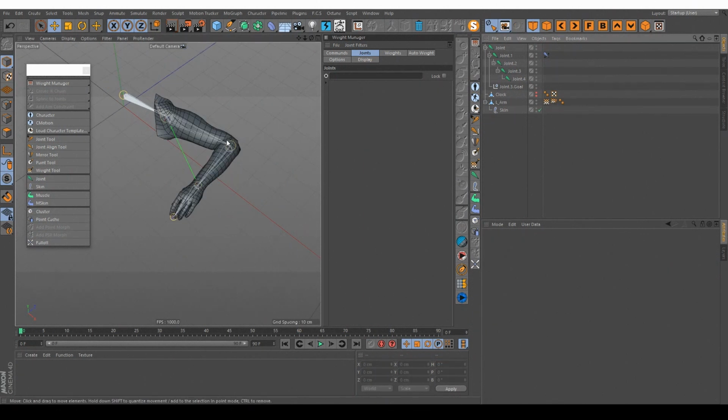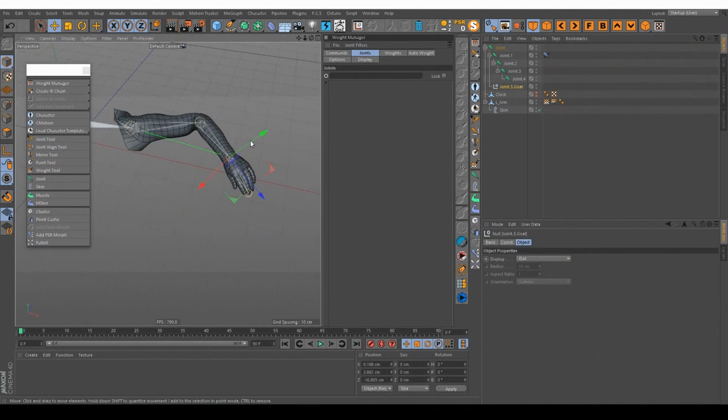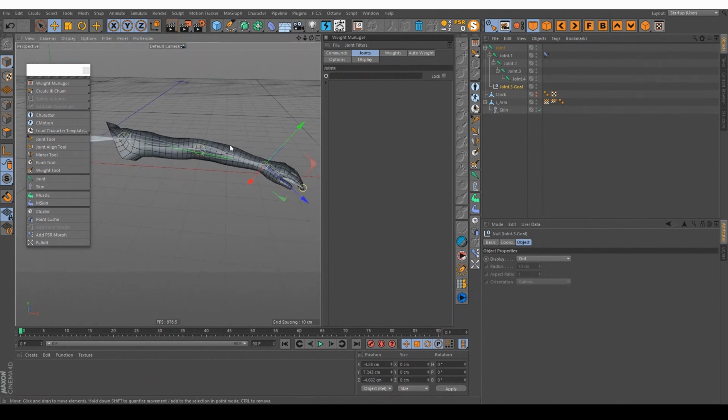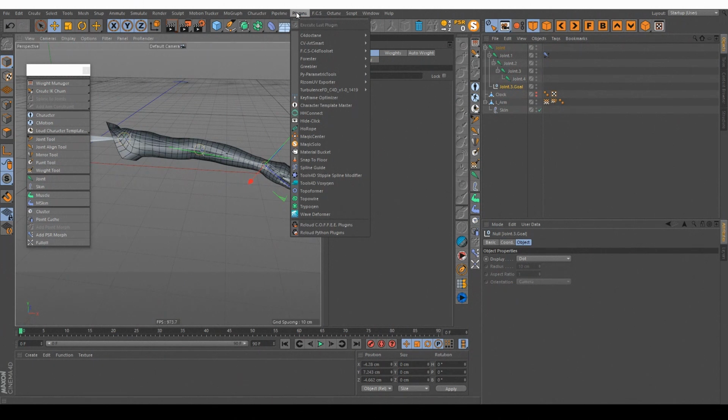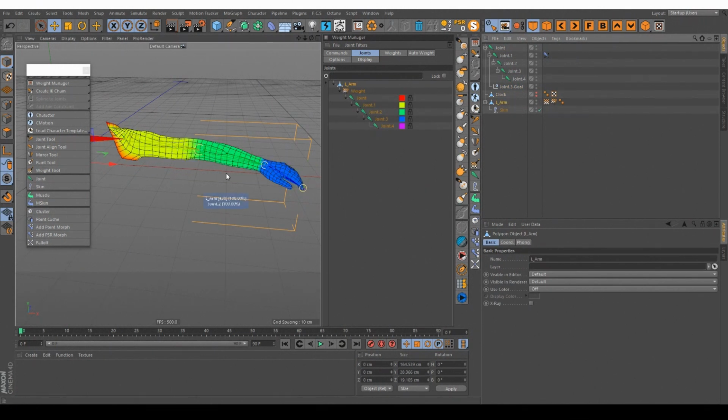A couple more tools I want to show is probably the pose morph. What the pose morph is great for is blend shapes. If you never heard about blend shapes, they're pretty much used all around the industry for facial animations, and you can do a bunch of stuff with them, and you can use them for a lot of different things other than characters. So I will quickly show how it looks. If we just click add pose morph,